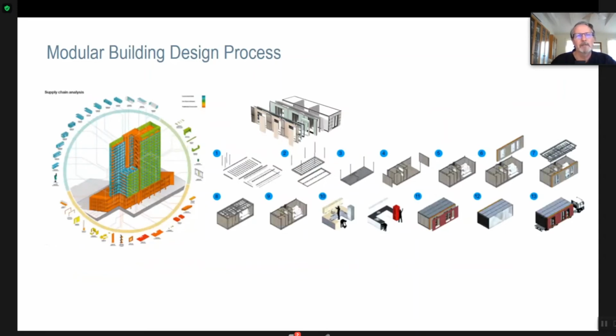If I look at modular buildings right now, this is probably sort of state of the art. This is a UK company, and they've analyzed a building and they've said, red and orange is bad and blue and green is good. We have a precast facade system. We think it's great. We can do that easily. We have these units that are modular volumetric units. It takes 3 of these modules to make one living space, like a 1-bedroom apartment. So blue, we can definitely do that.